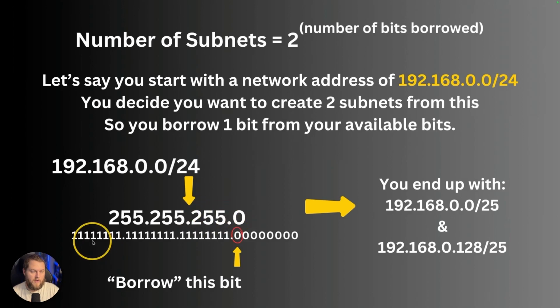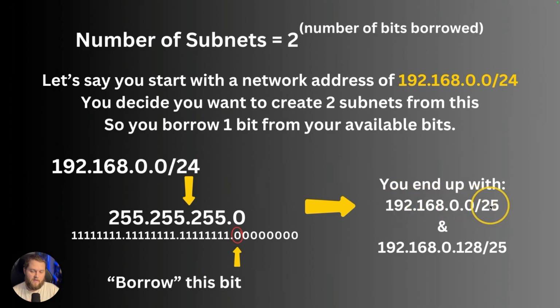255.255.255.0. So we'll come to our actual bits and we'll say we have 8 bits here that are turned on, 8 bits here that are turned on, 8 bits here that are turned on. Now we want to borrow this bit. And when you borrow that bit, you turn it on and you end up with this. So you're going to move this up to a /25, and then this is going to be